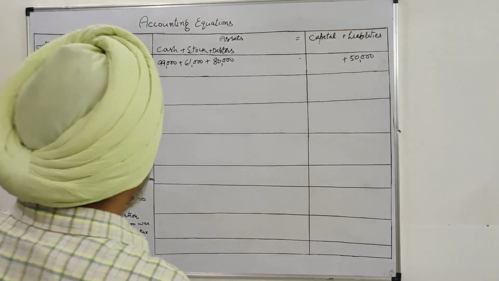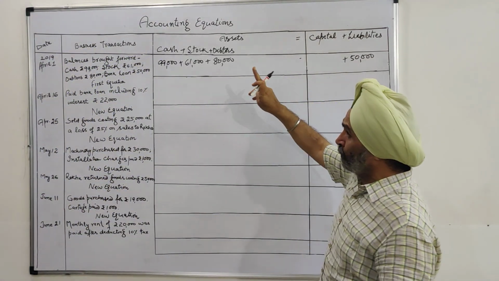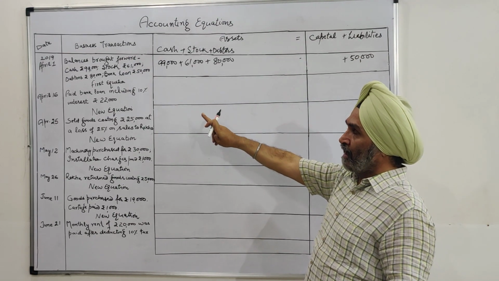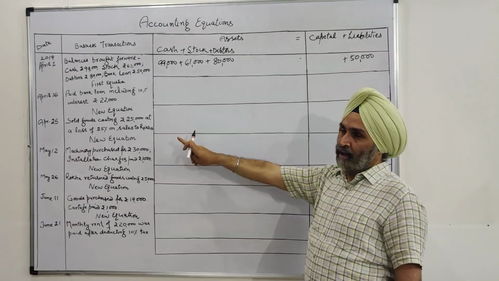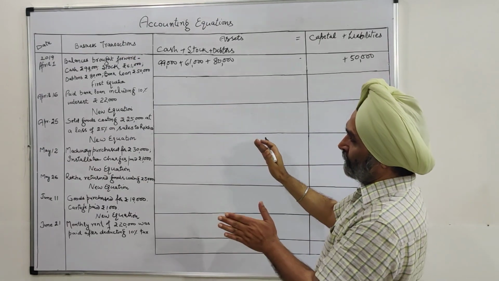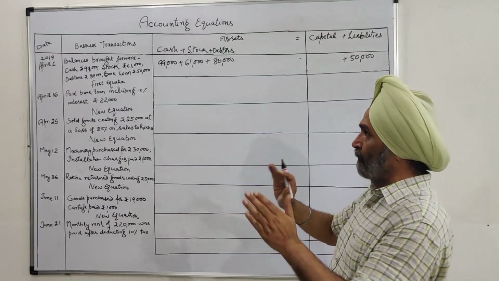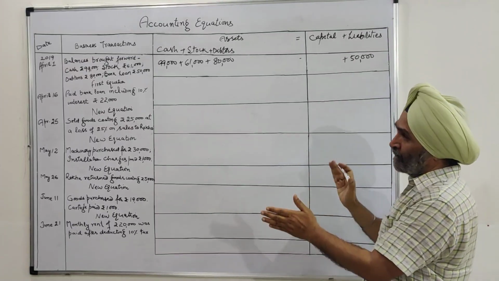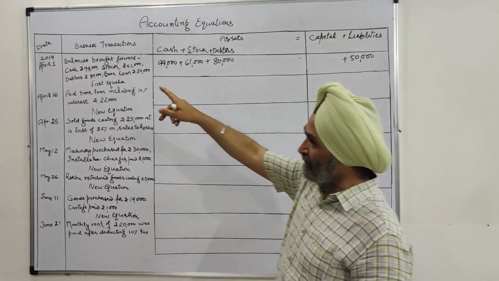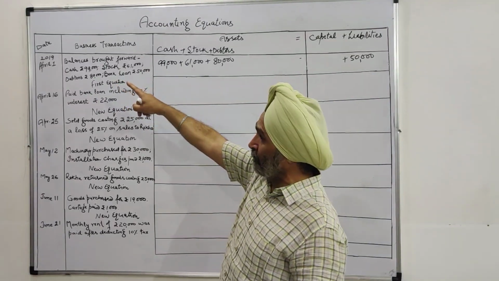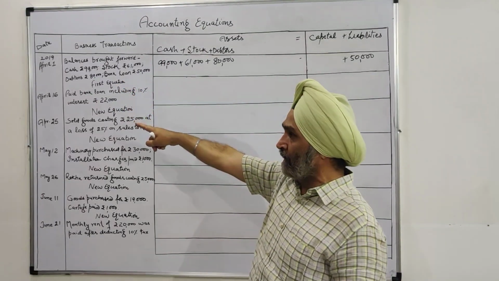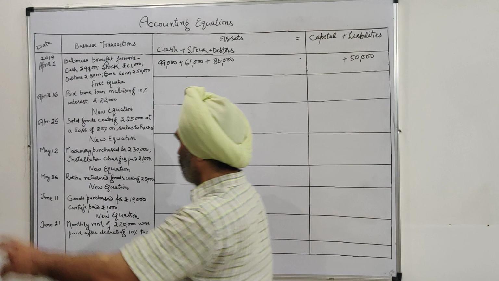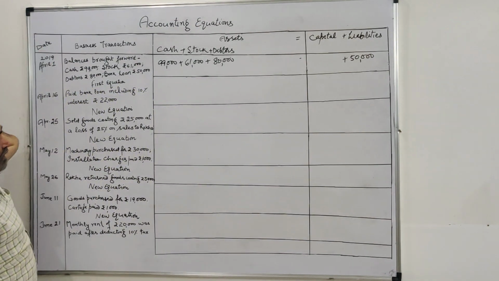Hello friends, today we are preparing the fourth video on accounting equation, and this is one of the advanced problems. So you will feel that this is a bit difficult from the previous videos. And here there is one change also. No doubt there were 4 columns earlier and 4 columns now, but instead of serial number we have taken the column for date, because we are given transactions date wise. Because date wise transactions are given, so instead of serial number we have taken the date column.